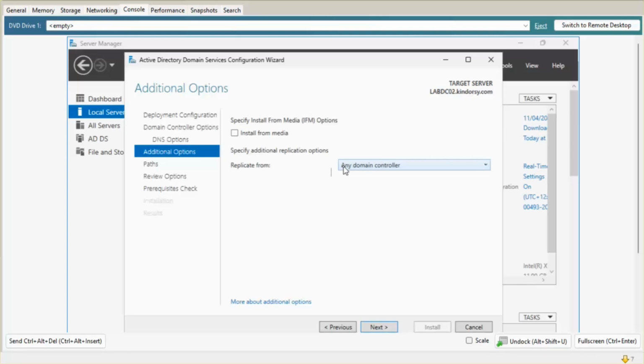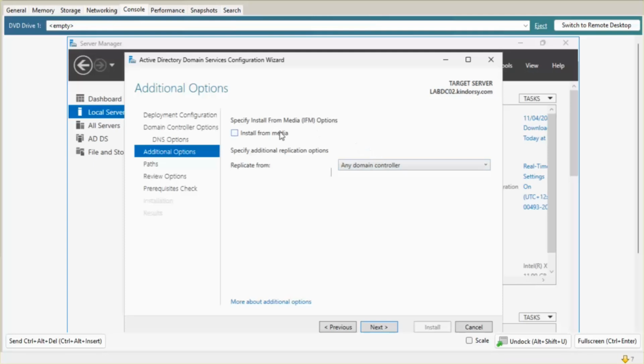Now, let's say, for example, you had multiple domain controllers. So you could normally choose from that list as well, if I wanted to, but I'll just leave it at the moment because I just have an existing one. If you were on a slower link, for example, in a branch office where you were trying to add this as an additional domain controller, you could normally